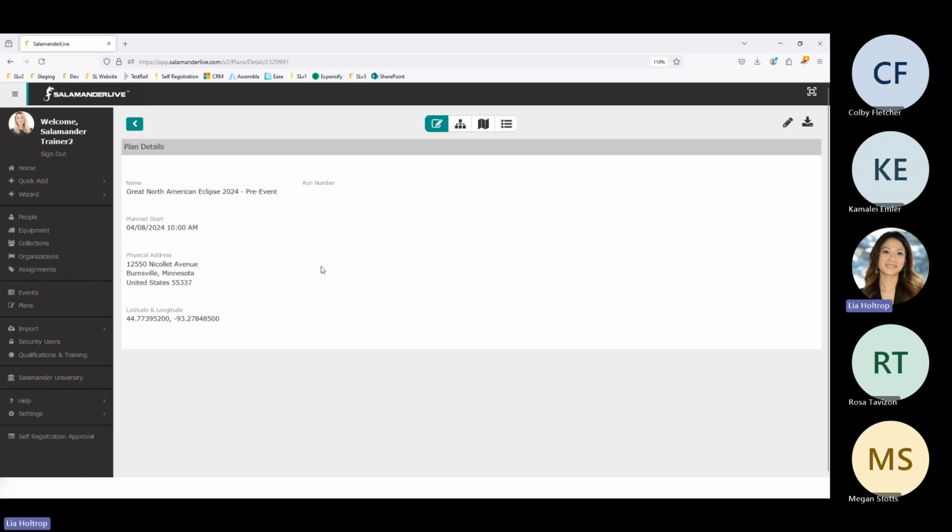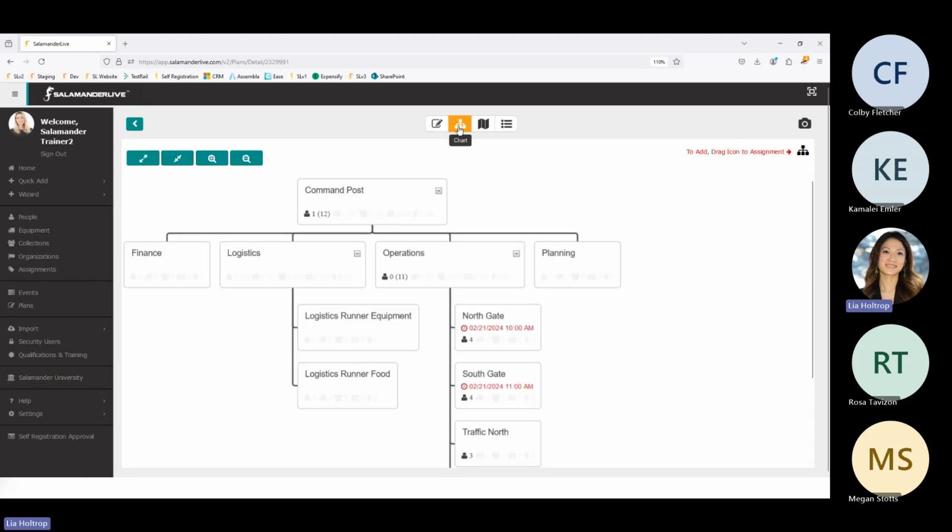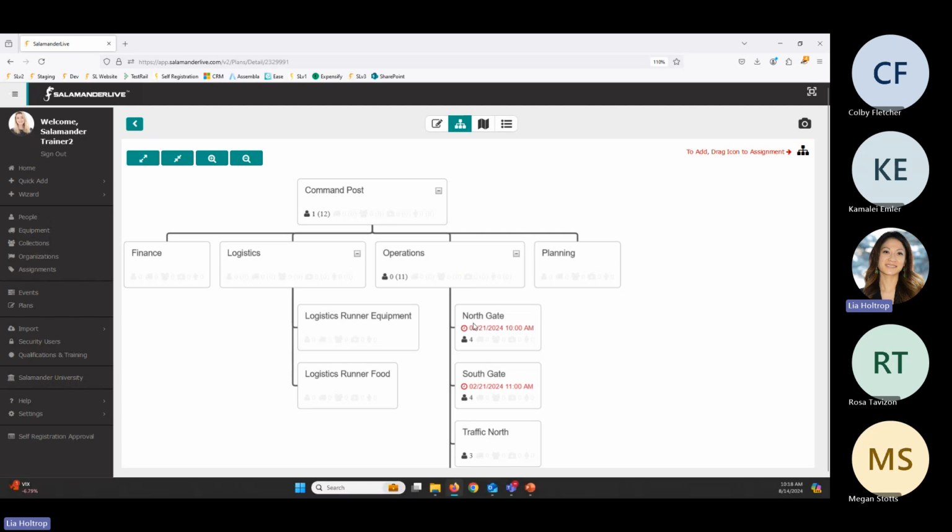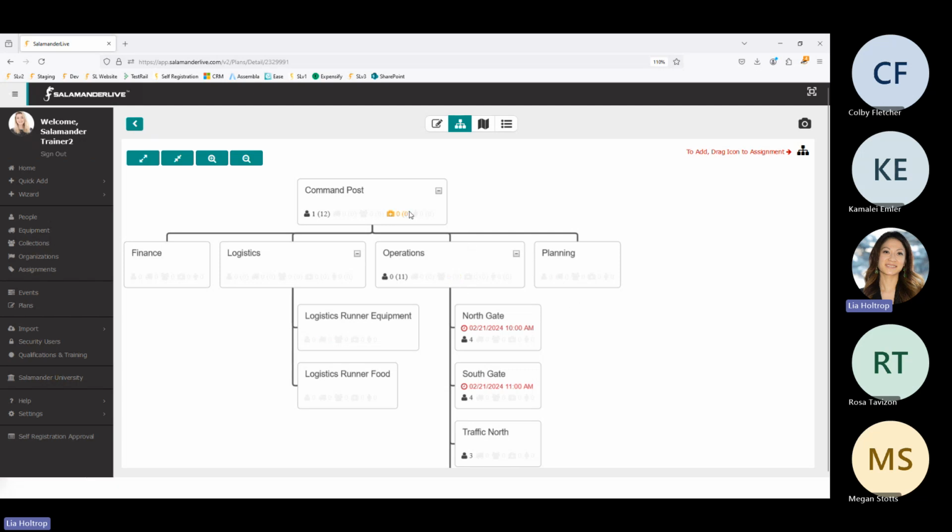You're able to add in all this information, and then you're able to add in a chart. So you're able to create a chart structure by clicking, dragging, and dropping the assignment icon over and create this chart. So these are all the assignments that are going to be used for this particular event. Okay, so you can create this chart structure. You'll have all your assignments planned out, and then within each plan and each assignment, you're able to add in